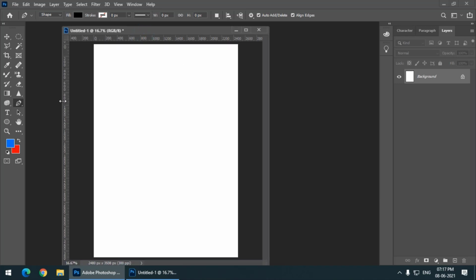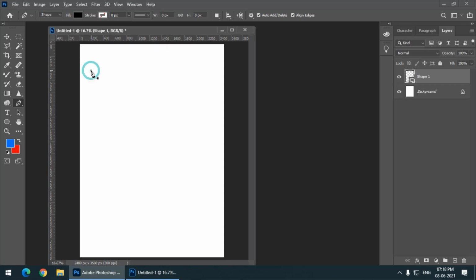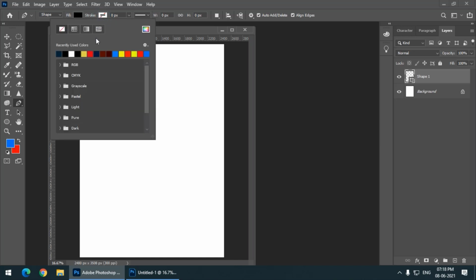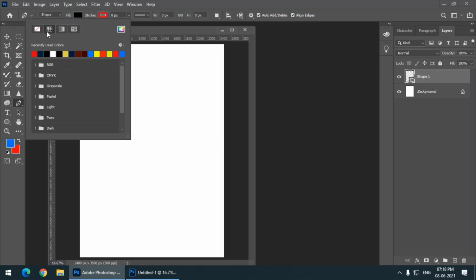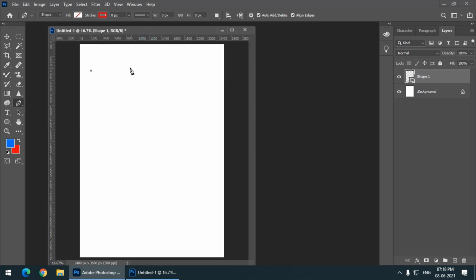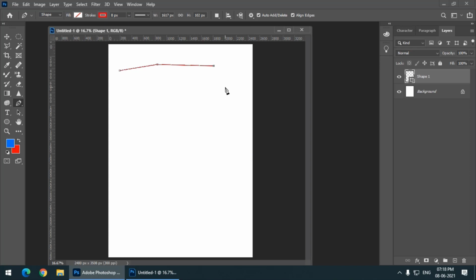So what we have to do is simply click and release the mouse button. First I will choose a stroke color. Let's say I choose this red color, and I'm keeping the fill option off for now. So I'm choosing the no color option, so there won't be any fill color to start with. I can add it later on. I will also need to increase the stroke value as it is 0 now, so we cannot see anything. So let's say I'll keep it at 8, for example. So this is what basically we have to do.